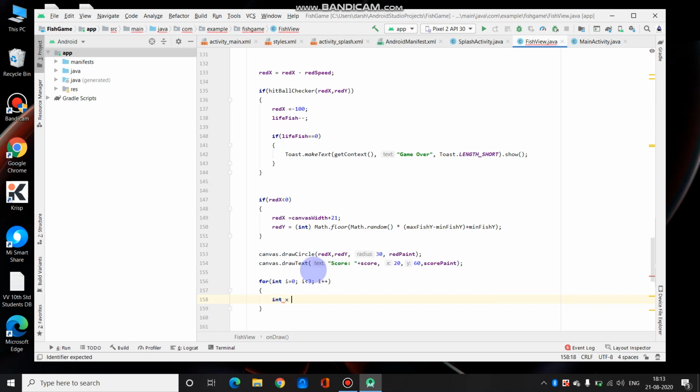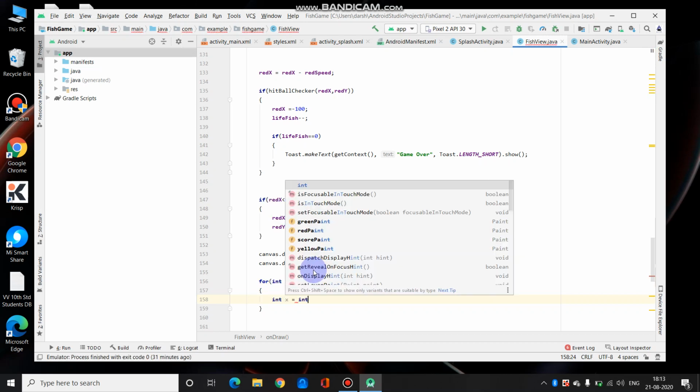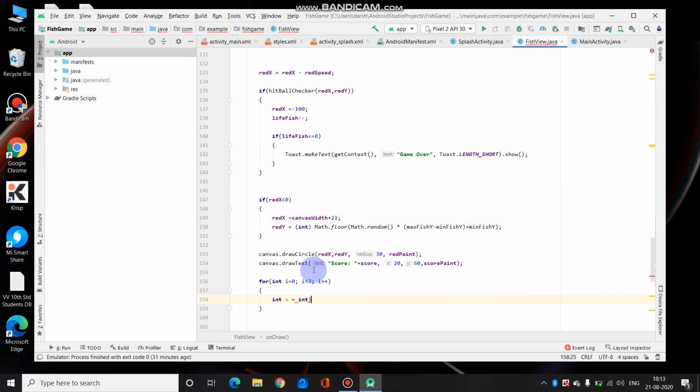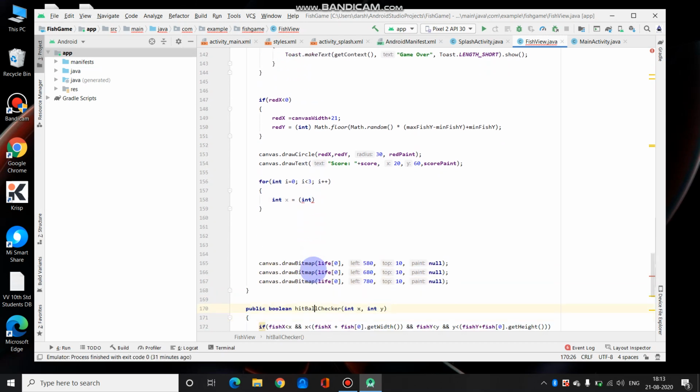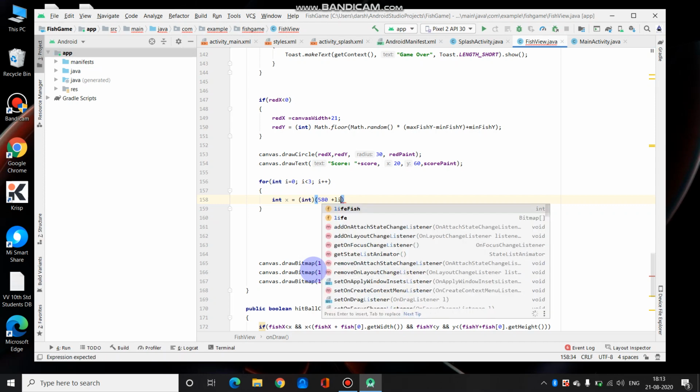int x is equal to int. Now over here we have the first heart at 580. So what we are going to do is add 580 plus life.